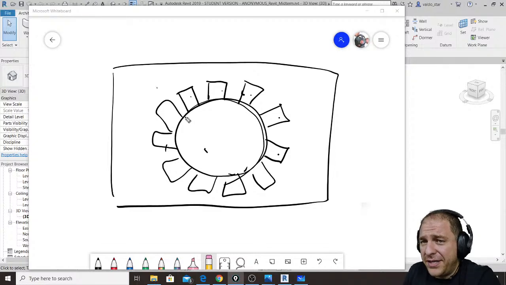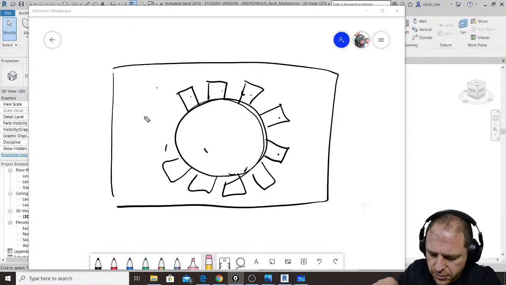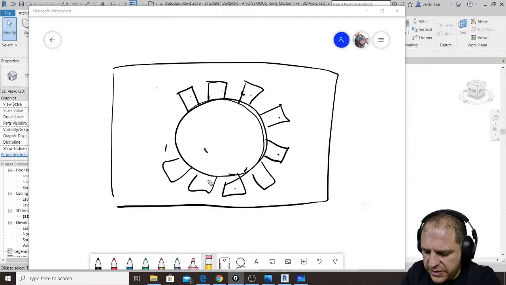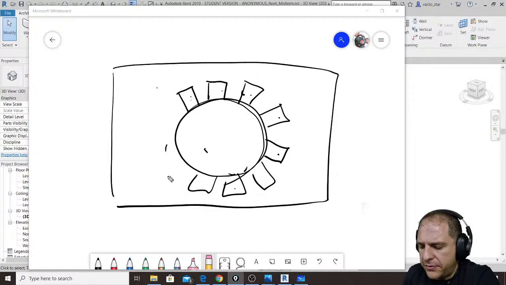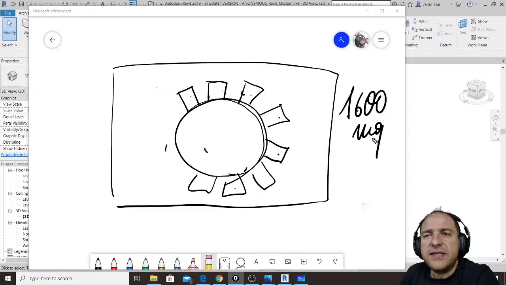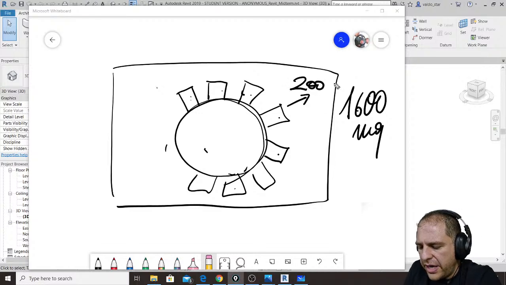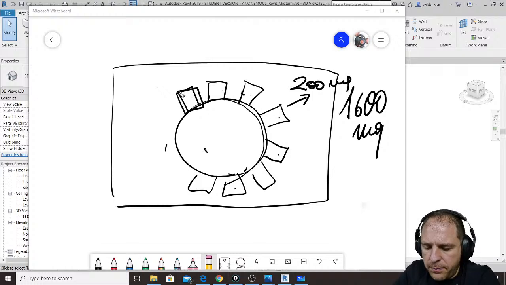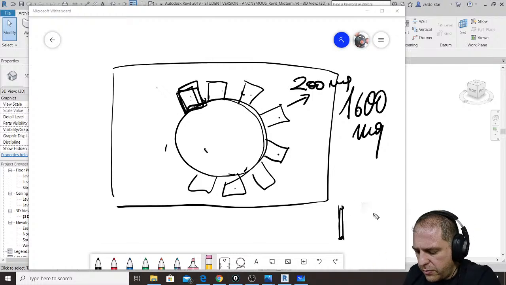I don't know if they are 16, but they are not. 1, 2, 3, 4, 5, 6, 7, 8. Well, let's say 8. I will make 8 small houses because overall I need to make 1,600 square meters. Each one will have 200 square meters, so it would be like an apartment on the ground floor, an apartment on the upper floor, or even more interesting, it would be made on